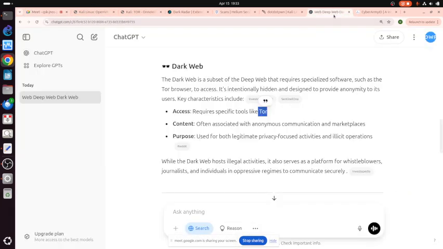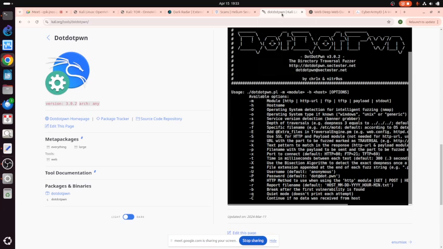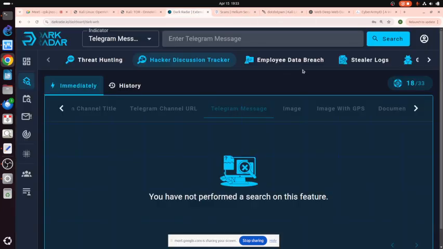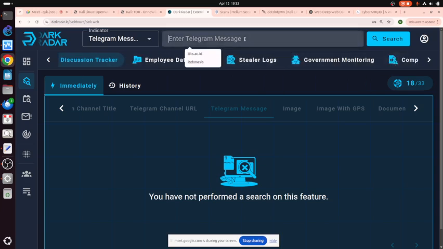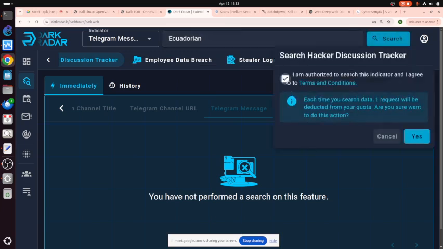Let me see if I can check. Oops, where is it? Oops, sorry. This one? Okay. Let me see if there is any Ecuadorian government. Search.